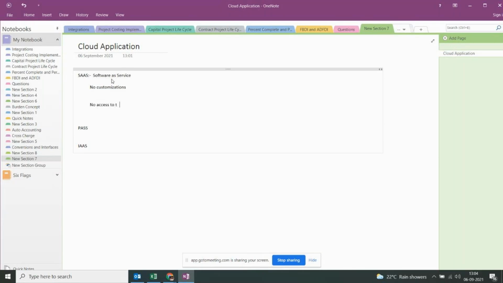No access to the database. We don't have any access to the database, unlike with E-Business Suite, right? In E-Business, you have Toad to connect to that particular environment, and you can access the data from the tables, and you can do insert, update, delete operations. But in SaaS environment, you cannot have access to the database, and no customizations to the application. These are all very, very important.